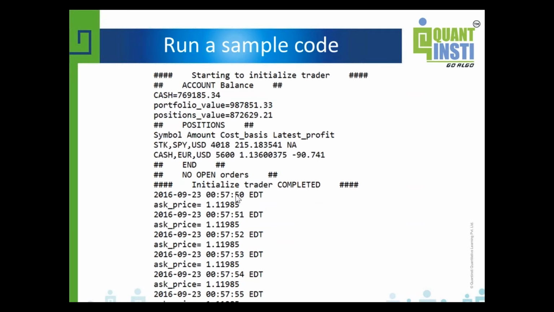And then next, as I wrote in the program, the first line is the server time, and then the next line is the ask price of Forex euro to USD, and then every second it will jump out and show the real-time price. It didn't change at the moment I tested the program.